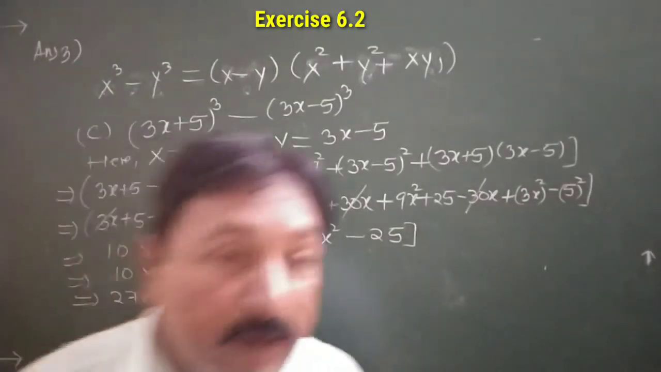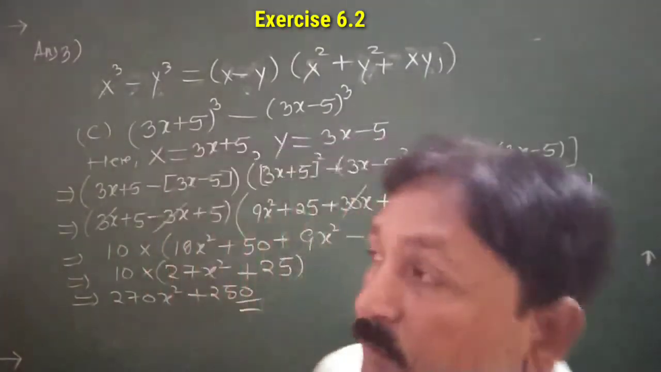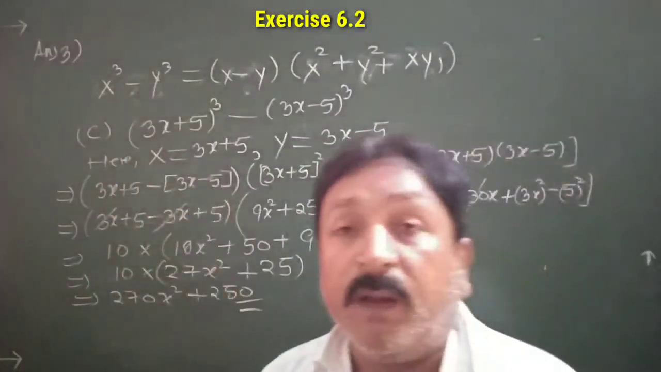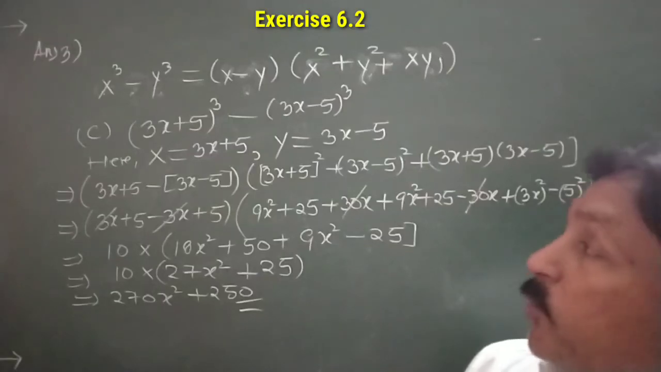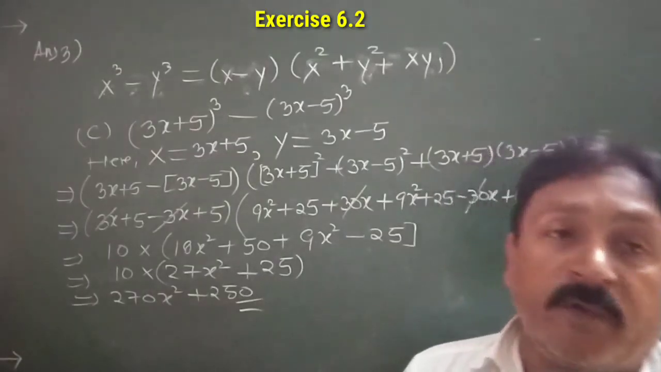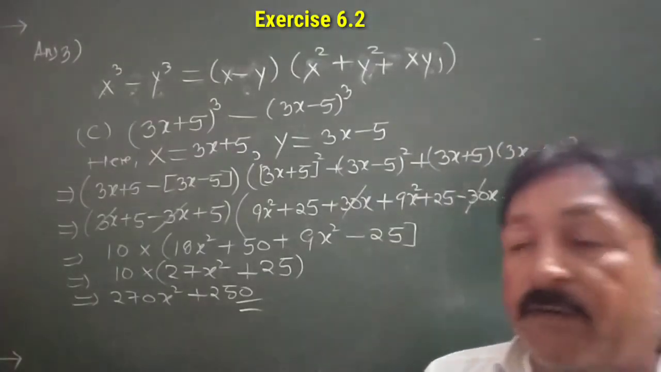Okay, students, in the same way you have to do part D. You have to just simply apply the identity. So complete exercise 6.2 up to question number 3 in your fair copies in a very proper way,